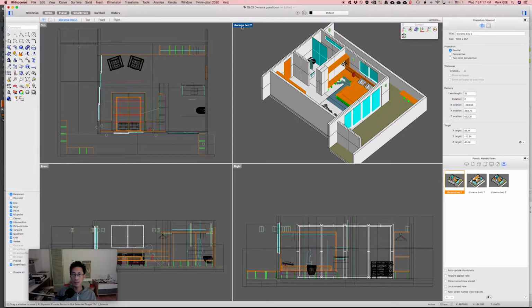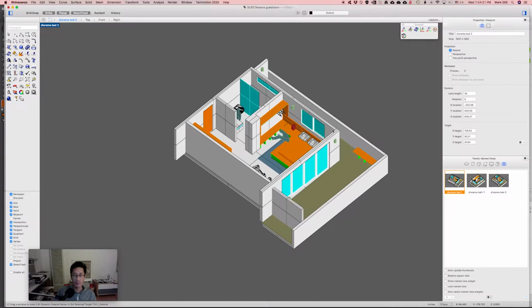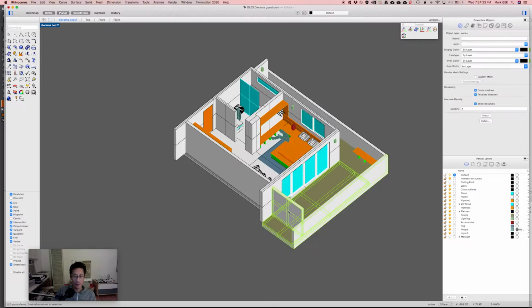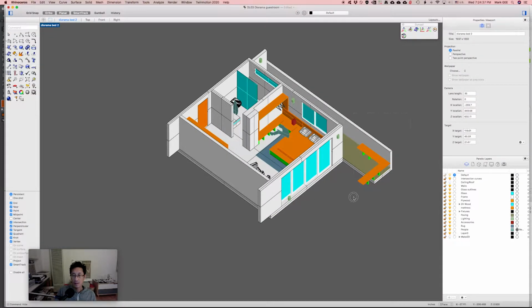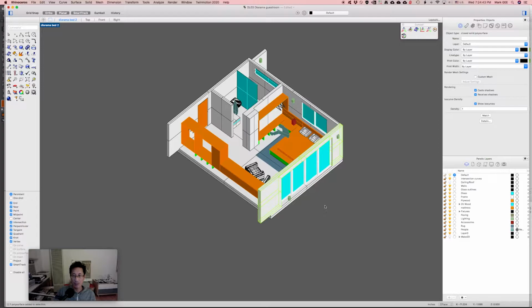Now with the views saved, make the viewport bigger, and first of all we will hide the things in the foreground. So I'll select the balcony items and just use the hide command, and I can just hit my space bar to repeat the last command quickly. Here with the exterior walls,